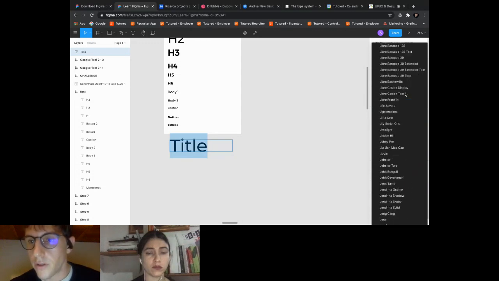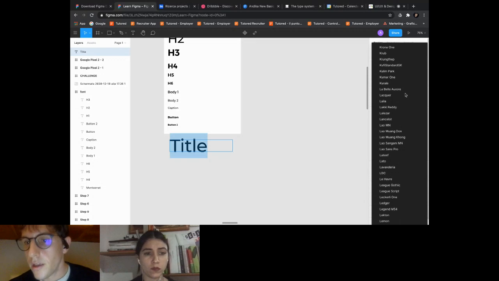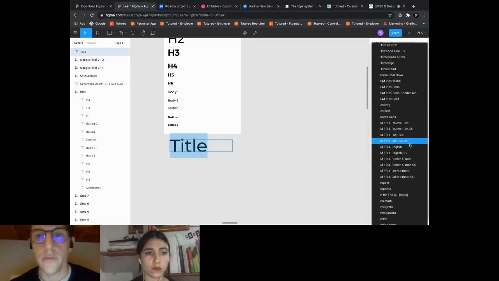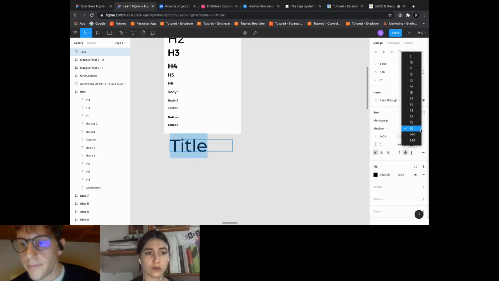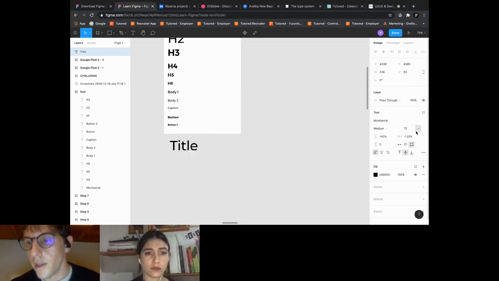There are a lot of fonts, and you can choose from here if you don't want to download from Google Fonts. Here there is the font weight, and the size in pixels.